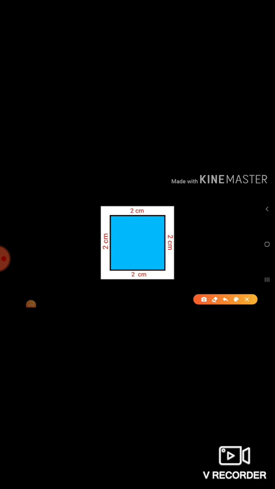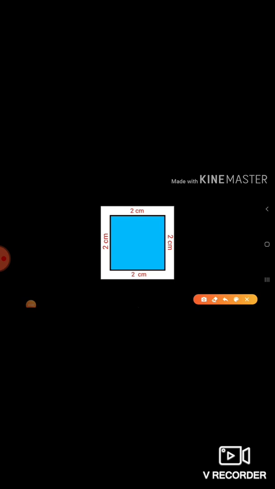Next we come to what is an area and perimeter. So area is nothing but the space occupied or the surface occupied by this figure. See here, the space occupied by this figure, given in this blue color, that is the area. Then the perimeter is nothing but the length of the boundary of the square.